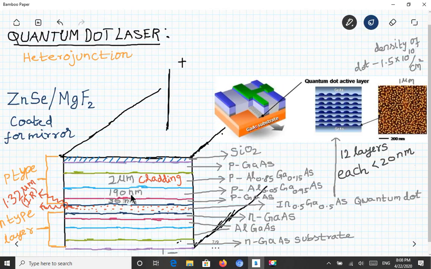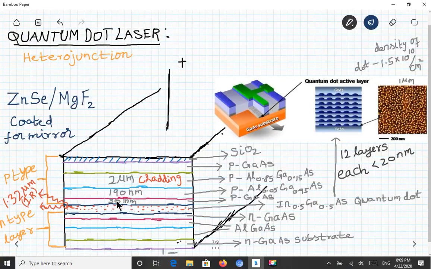So this layer is 190 nanometer of aluminum gallium arsenide again, and below that there is a gallium arsenide layer, below that gallium arsenide of 30 nanometers. Below this there is a quantum dot layer from where the laser will come out. This is the active medium. That is P gallium arsenide, N gallium arsenide with this quantum dot, which together make up the active medium. So this entire thing is the active medium.